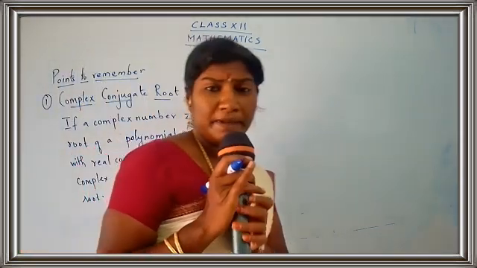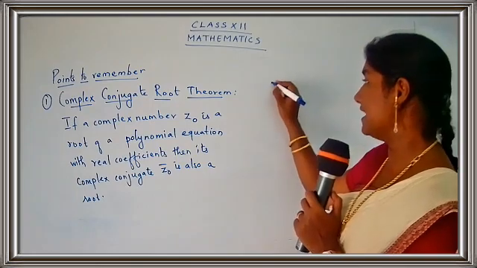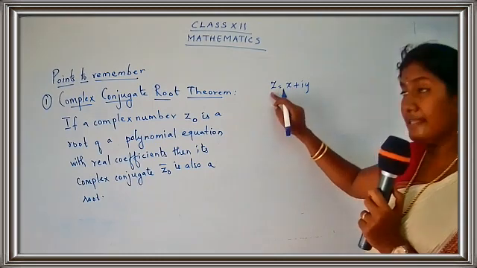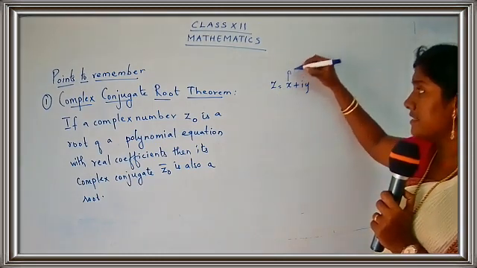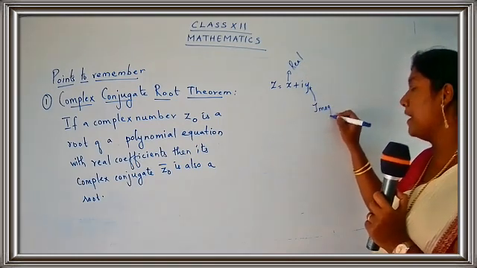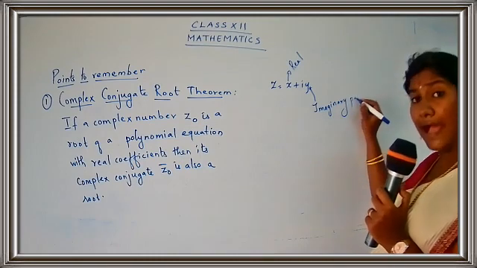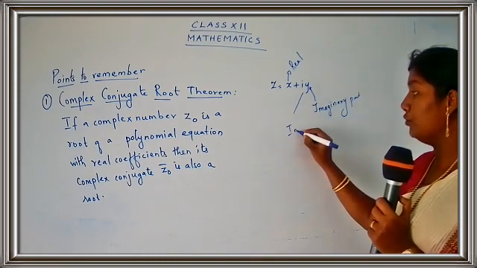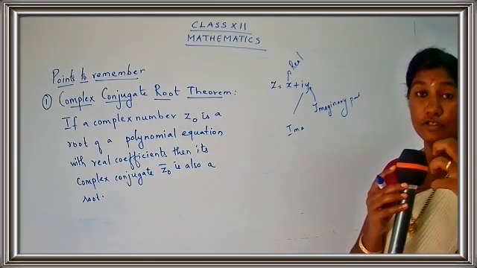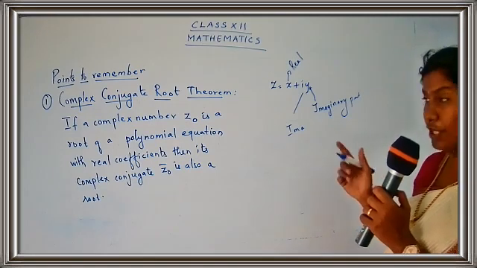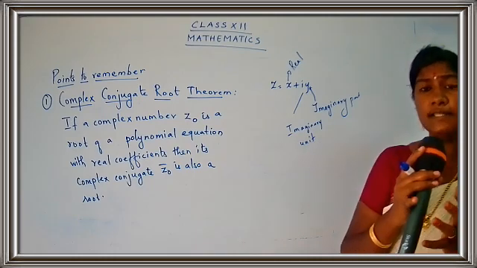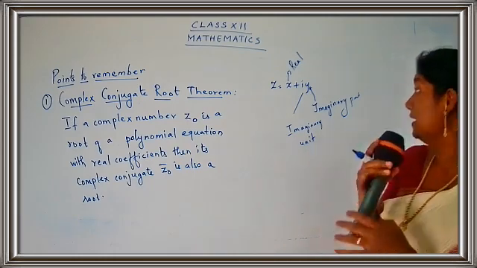Now, you know about a complex number. What is a complex number? We have seen that z is equal to x plus iy. You call z a complex number and it is written as x plus iy. What is this x here? x is the real part. And what is y here? y is the imaginary part. And what about i? i is the imaginary unit. We have also seen the powers of i, and studied how to find the powers of the imaginary unit. So a complex number is a combination of a real part and an imaginary part.